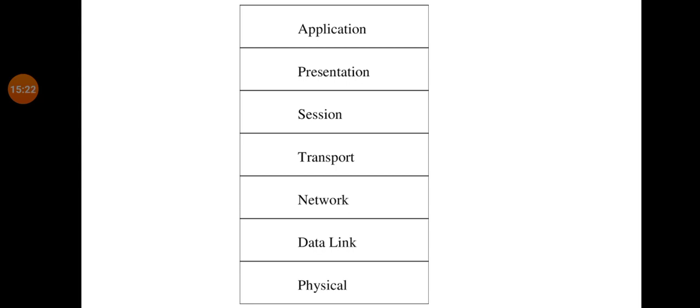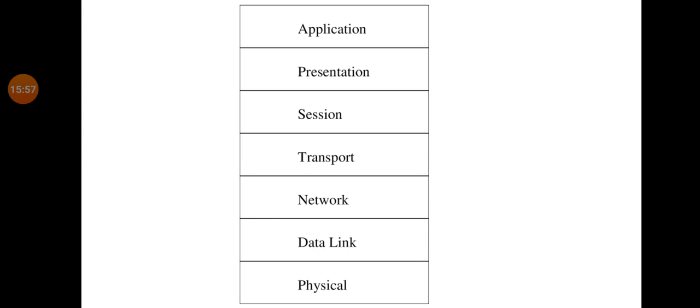For example, if host A is sending information in English to host B, and host B is not able to understand English, then is it a useful transmission? No. So before transmission of data, the presentation layer will guarantee that data is transmitted in a format understandable by the destination. So this is how it defines the syntax and semantics.